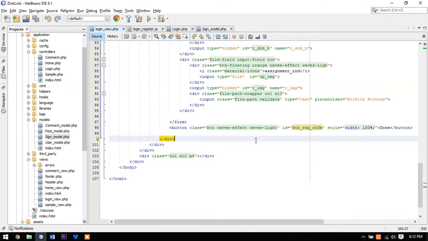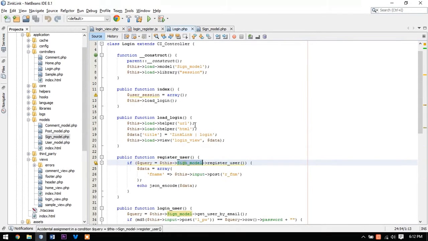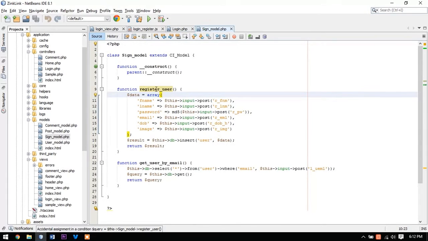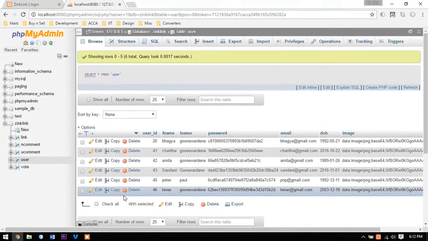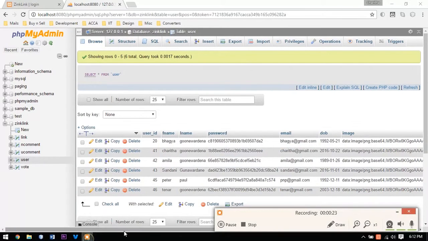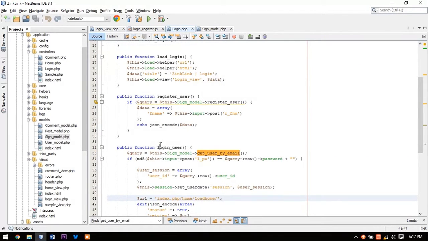In the login view, we have a login form where the user can place their credentials. Both login and register forms point towards the login controller, since it acts as a common controller here. Then, the login controller uses the sign model to deal with the database. All the login and registration validations happen in the login controller. When the user is valid, the login controller navigates the user to the home controller while creating a new user